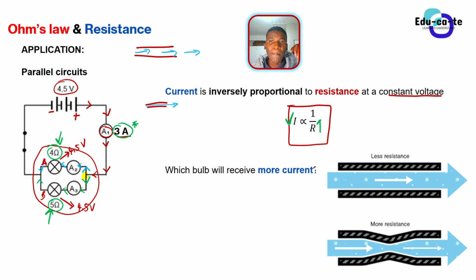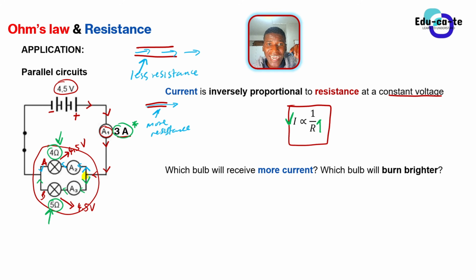So that's how we can make an analogy on resistance to say that this bigger pipe has got less resistance because it allows more water to flow. And then this smaller pipe has got more resistance, because it allows less water to flow through, because it is narrower. So that's how we relate this to electric current. Same applies with electric current. When we have got a greater resistance, it means that less current will pass through